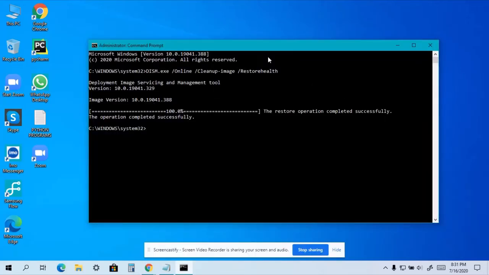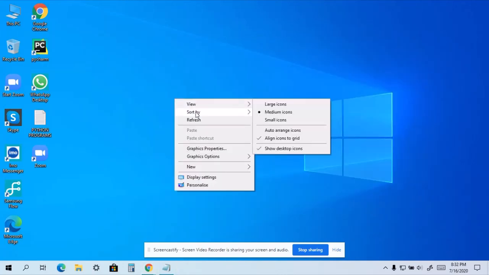So this is restoring the image. This command actually restored my image by removing any type of errors in my image. Even if you see 100%, don't end it till the prompt reappears, because this operation will not be completed even if 100% is shown. Don't close the window as soon as you see 100%. Once it's completed, it will prompt this, and then once it prompts, you can type exit and enter, which will close the tab.